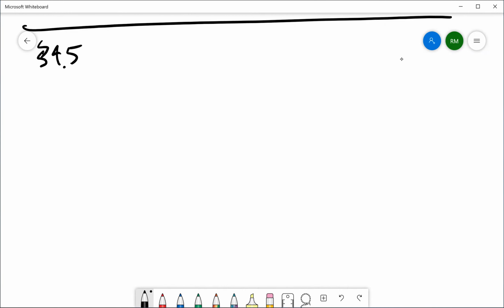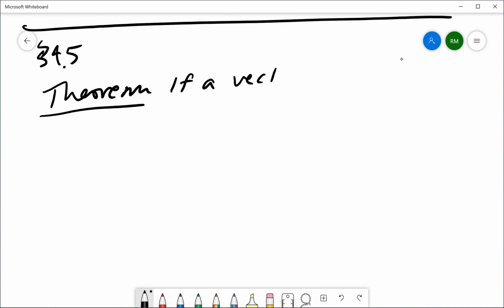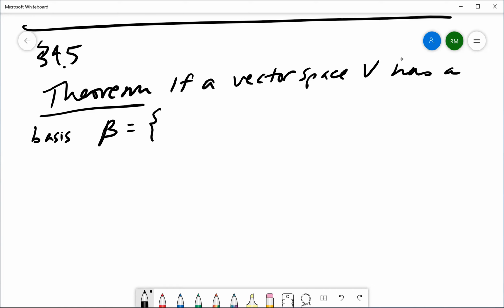So today we're going to talk about dimension. It's a concept you know well from maybe physics, but we're going to define it in terms of our language of linear algebra. So we're going to have a theorem, and then we're going to sort of show you why it's true. So if a vector space V has a basis curly B, which has these n vectors,